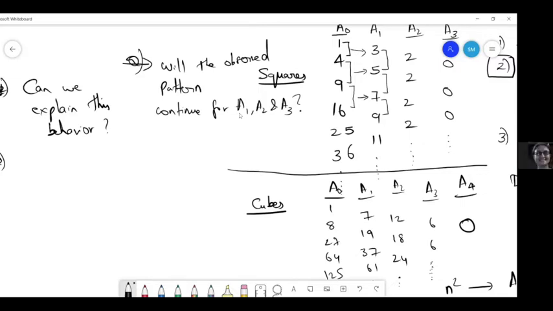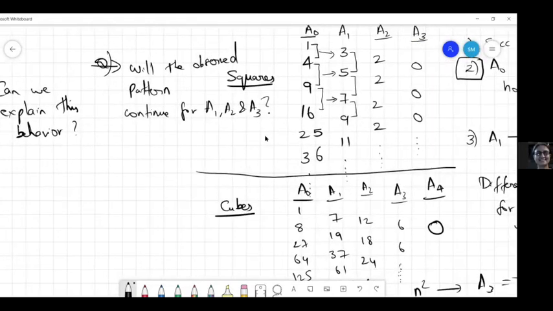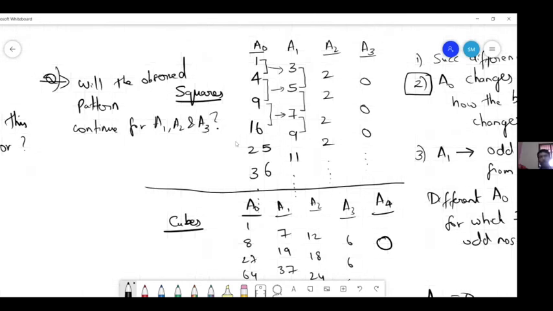My observation is that in the first case we are squaring consecutive numbers, and consecutive numbers alternate between even and odd. So if you're squaring them, you are multiplying an even number with an even number, or an odd number with an odd number. An even times an even is always even, and an odd times an odd is always odd. So when you find the difference between an even and an odd, it will always be an odd number. That's the first observation.